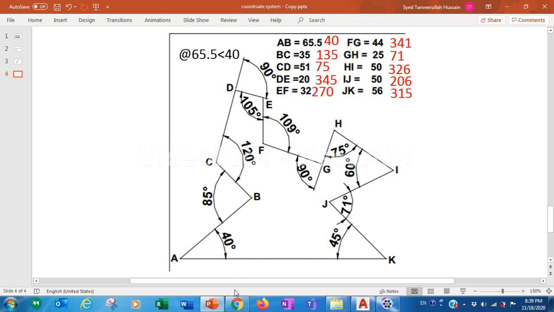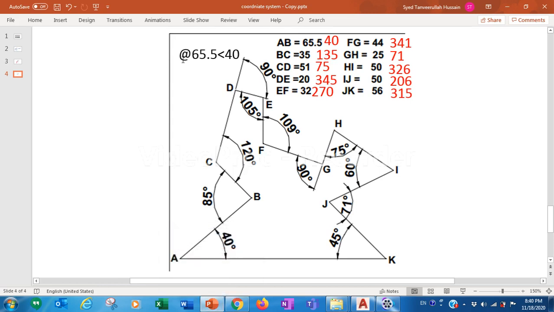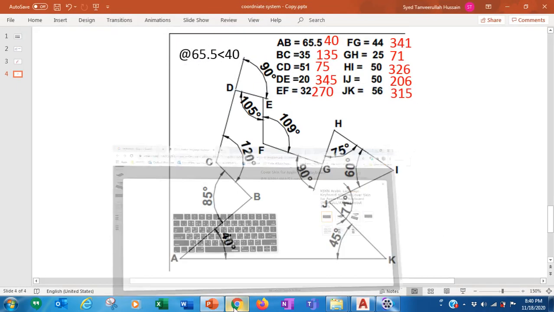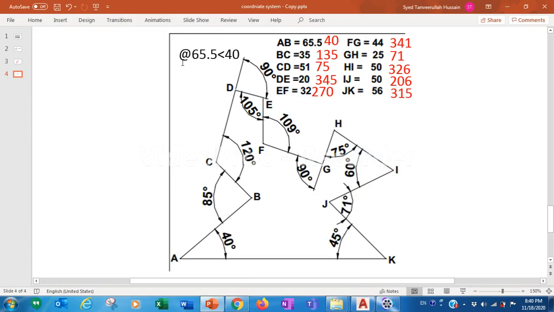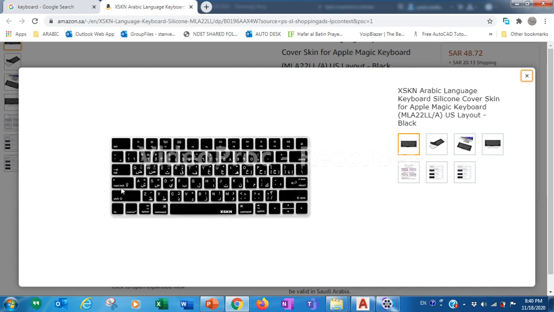So now let's begin the drawing. How to get this symbol? Let me show you the keyboard. Press the shift button and number 2, then you will get the @ symbol.